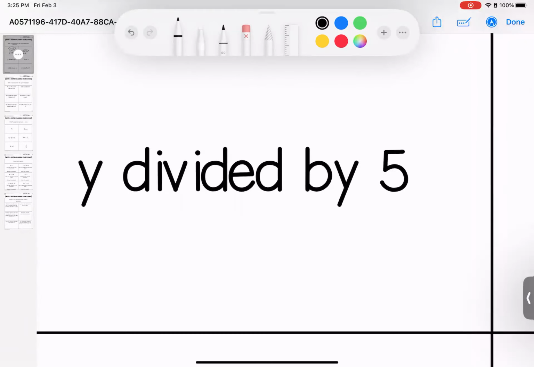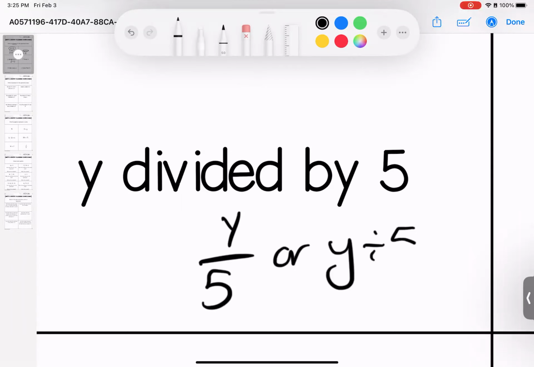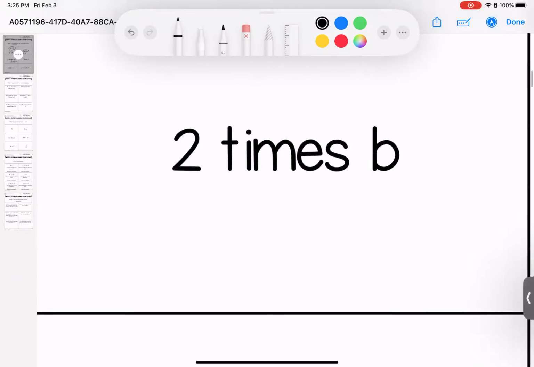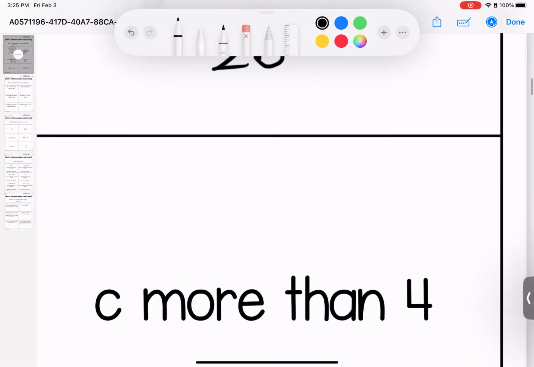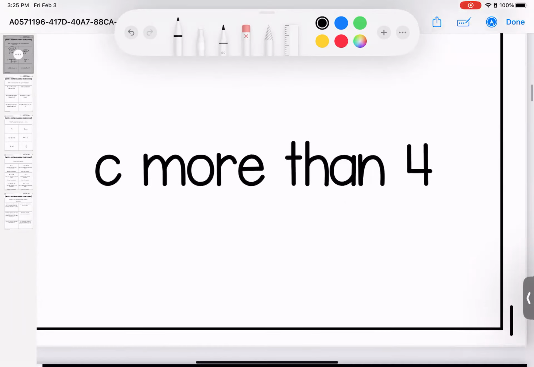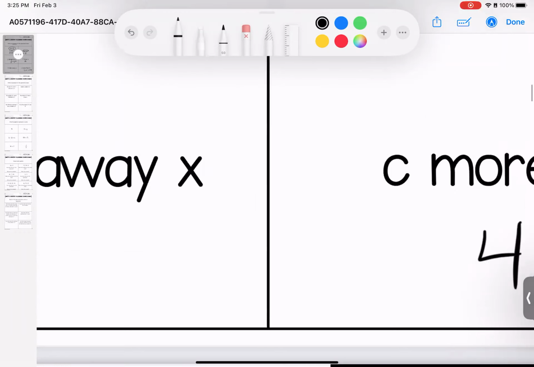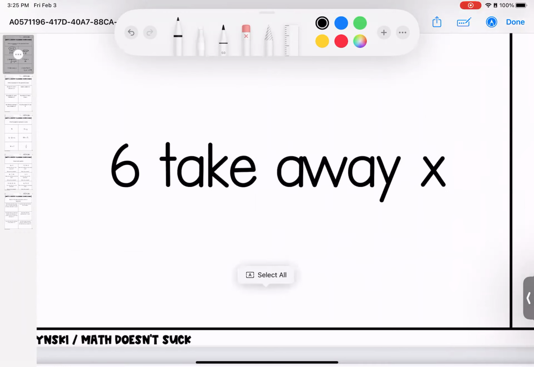Y divided by 5, you could write either of these ways. 2 times b would be 2b. C more than 4, we would have 4 plus c, or you could do c plus 4. 6 take away x,